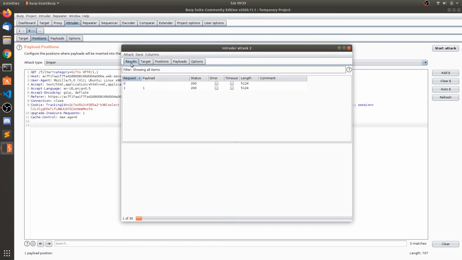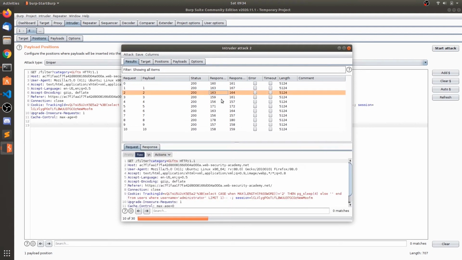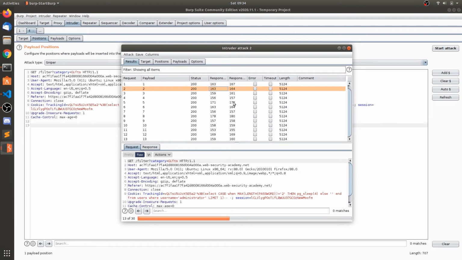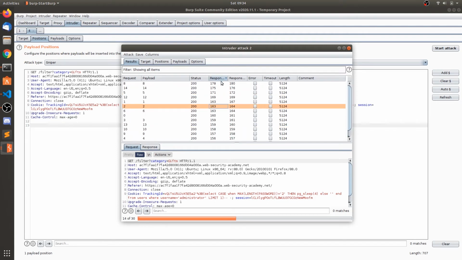Now to know whether it is the delay, you need to select the columns response received, response completed. So this should give us the delay. You can see the response is in milliseconds, 163 milliseconds. Now if I double click on this, it will sort according to the descending order.